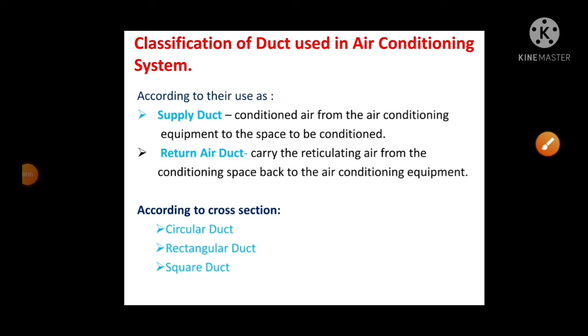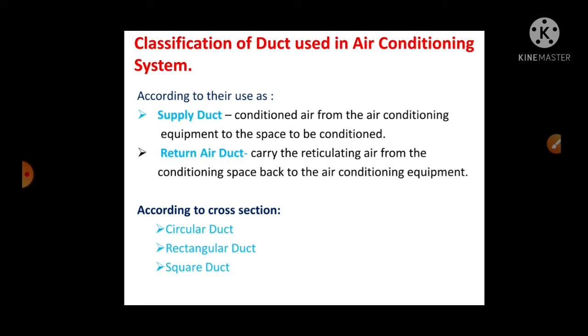Good morning, students. In today's lecture, we are discussing air distribution system. Good air conditioning requires that the right amount of conditioned air be delivered in each room. The quantity of air to be delivered to the various rooms of a building should be in proportion to the load in that room. The layout of air distribution system is one of the most important factors in air conditioning design.